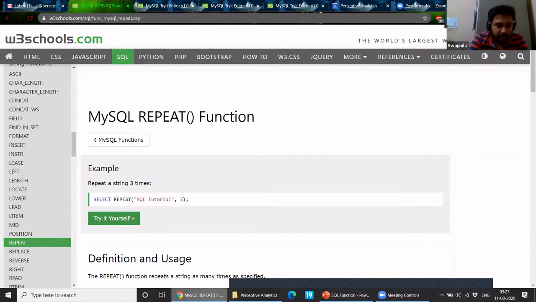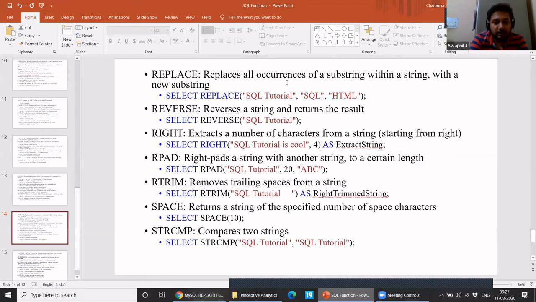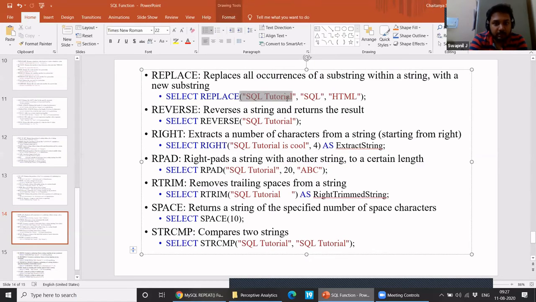Okay, then we have replace. So it's like a find and replace function in SQL. So in a given string, I need to replace SQL with HTML. So it will read the string, it will find the SQL, and it will replace it with HTML.